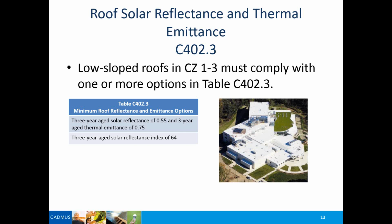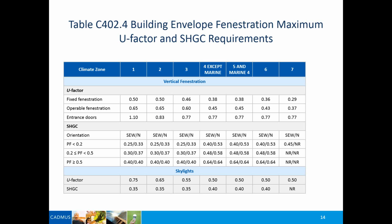That does it for me, Art. Okay. And you have this slide too, Howard, unless you want me to take it. Yes. Fenestration factor. Yeah, we